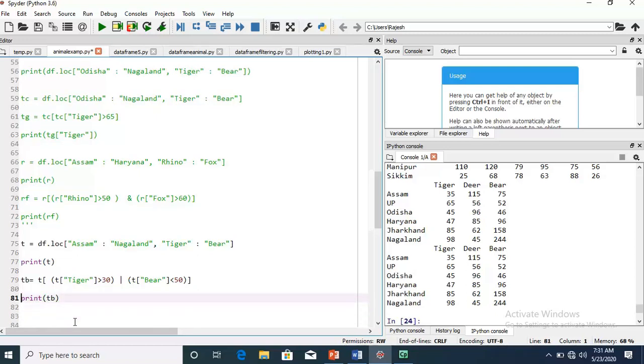Then what we can do, as tiger and deer are not in a sequence, we have to use a list inside the list, and I will use tiger, then deer, and run. It fetches all the data because I think all states are satisfying the condition.